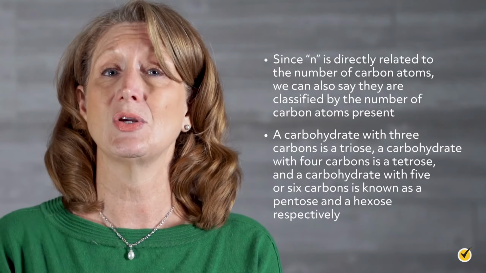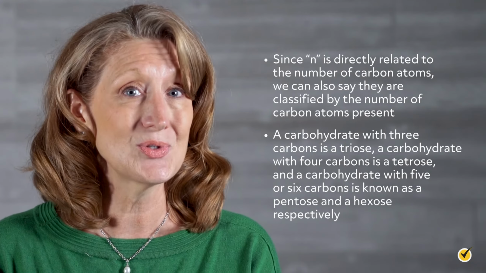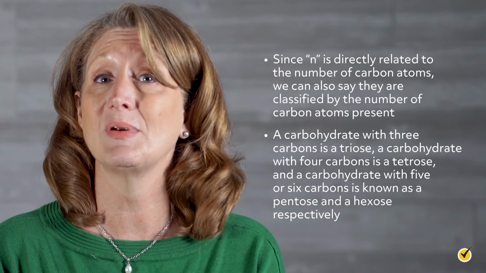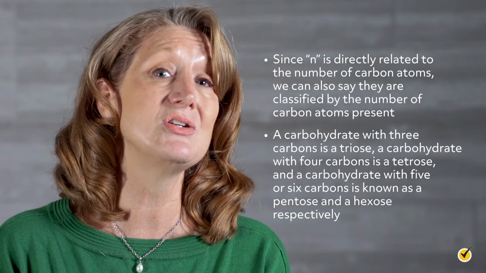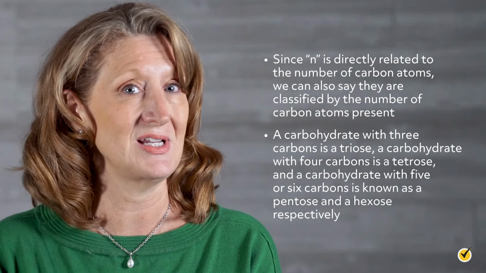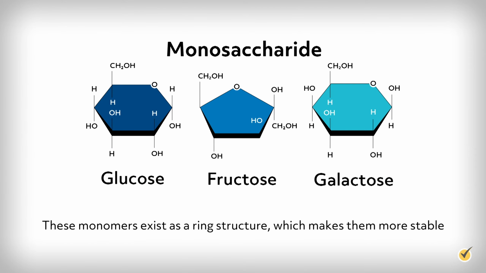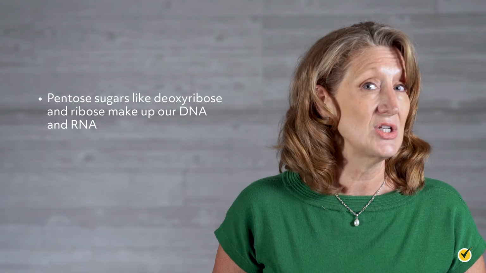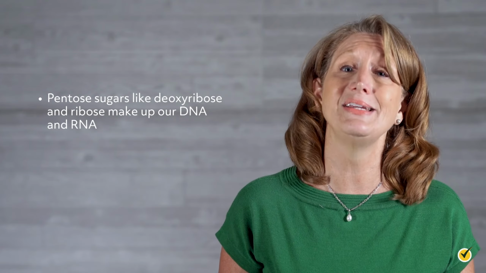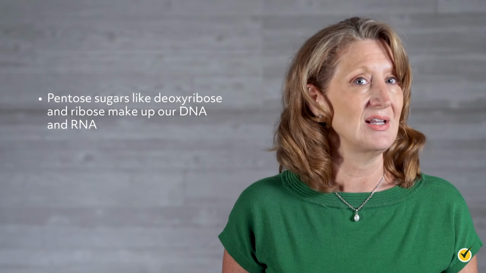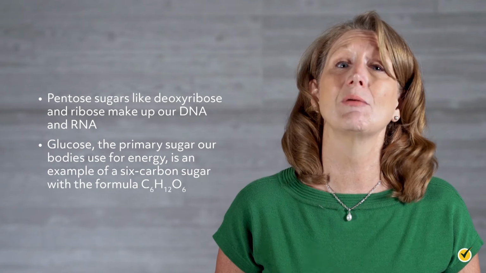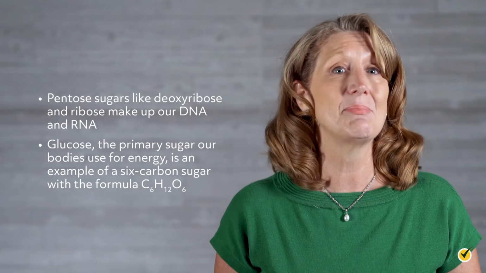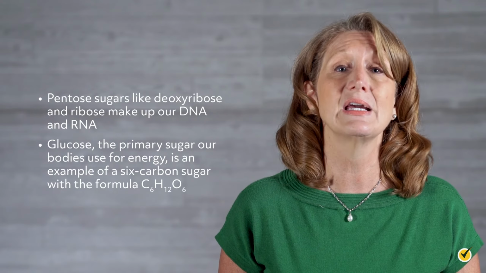A carbohydrate with 3 carbons is a triose, a carbohydrate with 4 carbons is a tetrose, and a carbohydrate with 5 or 6 carbons is known as a pentose and a hexose, respectively. These monomers exist as a ring structure, which makes them more stable. Pentose sugars like deoxyribose and ribose make up our DNA and RNA, so we definitely don't want those sugars to be unstable. Glucose, the primary sugar our bodies use for energy, is an example of a 6-carbon sugar with the formula